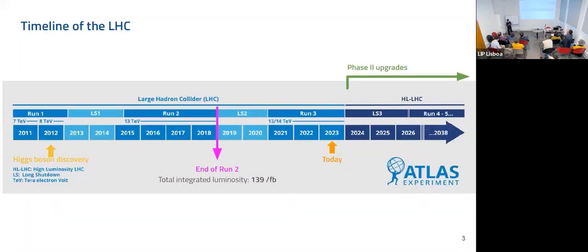So first, a brief timeline of the LHC. So right now we are here in 2023, and in 2018 we finished what we call run 2, in which we accumulated a total of 139 inverse femtobarn of data. And so up to now, from the Higgs discovery up to 2018, what we've been doing is analyze this combined data set and doing the best precision measurements that we can of the Higgs boson couplings, production